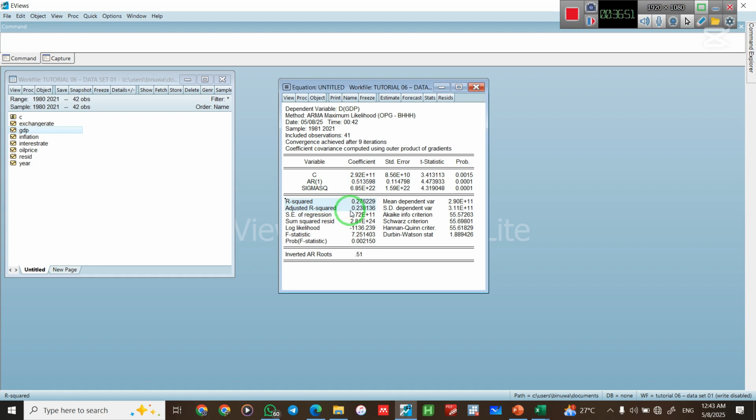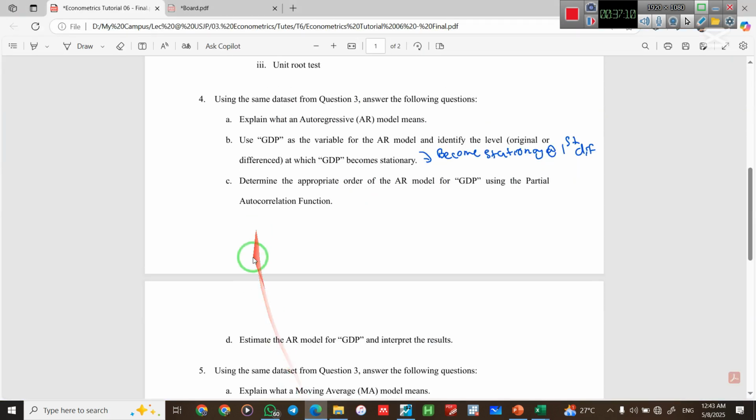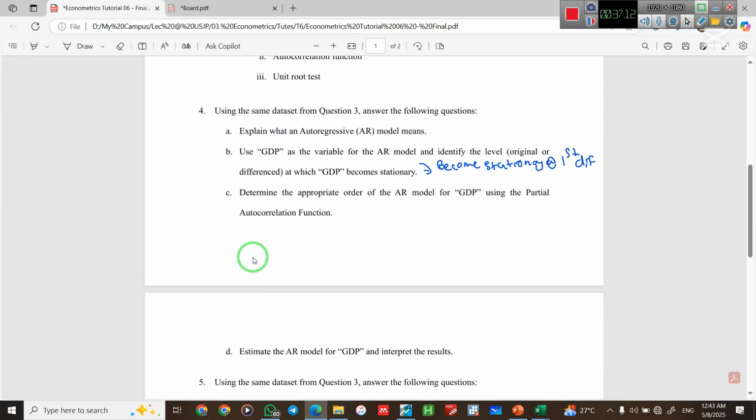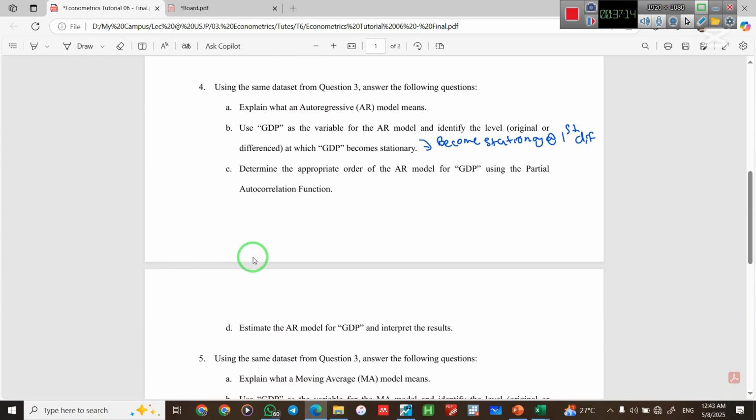And what about the overall significance of the model? When we look at the probability value of F statistic, you can see that it is also less than 0.05. That means the overall model is significant, right? So with that we have completed the fourth question as well. Now we are moving to the fifth question. Before moving to the fifth question,